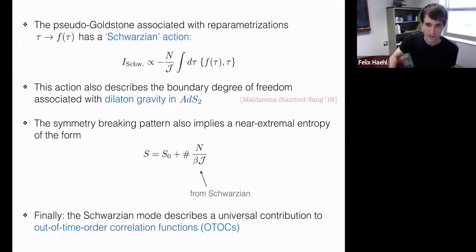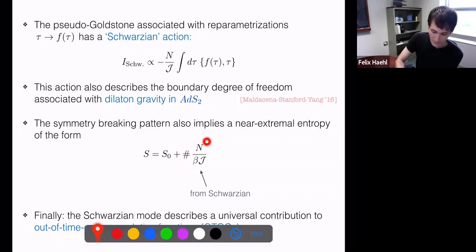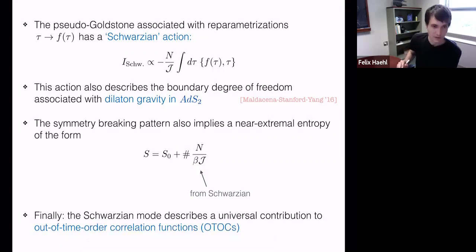So you can just think of computing the free energy as the on-shell action. And then you find this. Another way to think about it is as the specific heat, this term, which then is linear in T. And that's, of course, another well-known consequence of this conformal symmetry structure. Now, finally, let me mention one more